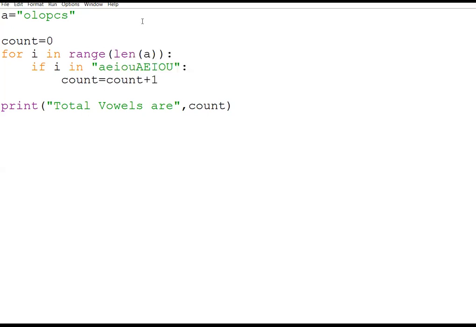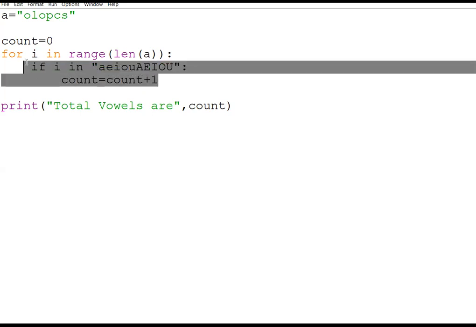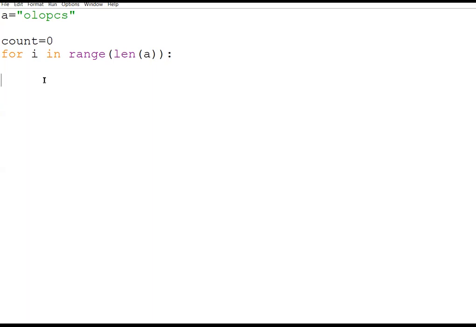Now see, for OLO PCS the length will be 6, and ultimately I get the value of i from 0 till 5. First, I'll show you that. We have already done this, but if I print the value of i, what will I get?